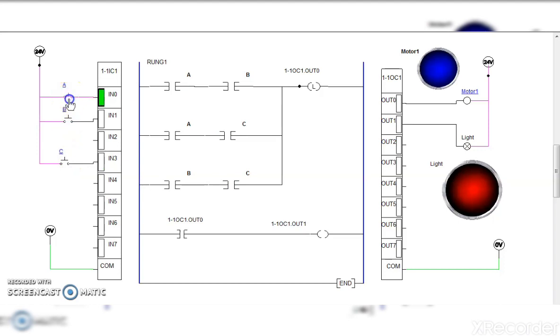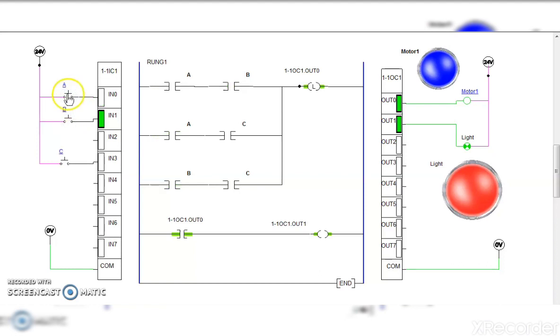But if any two, suppose A and B, insert the keys, that means they put the switches on, the output will be started, that is the door will be opened, and at the same time the motor or light will be started. It means till any two inputs are there, the output is not shown.